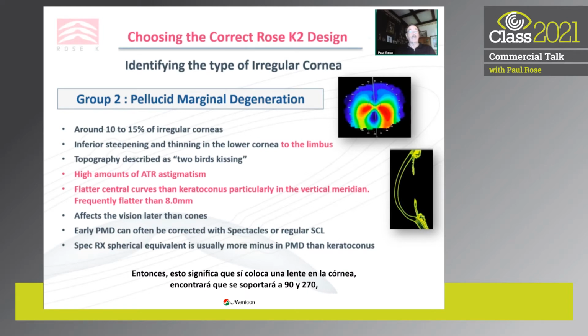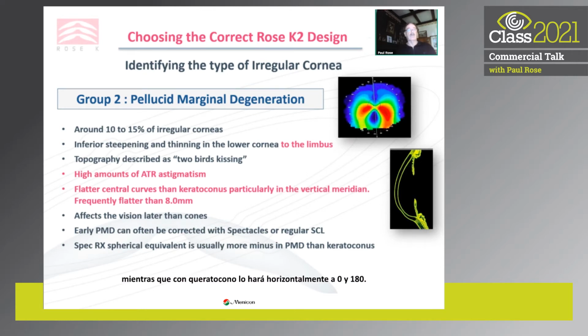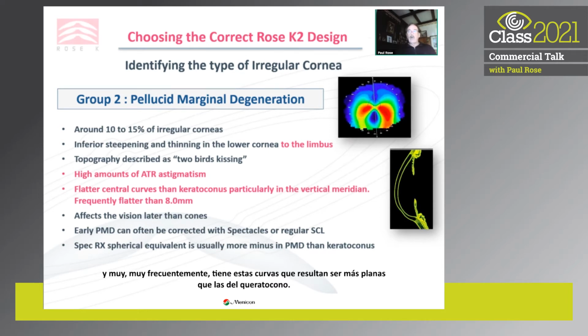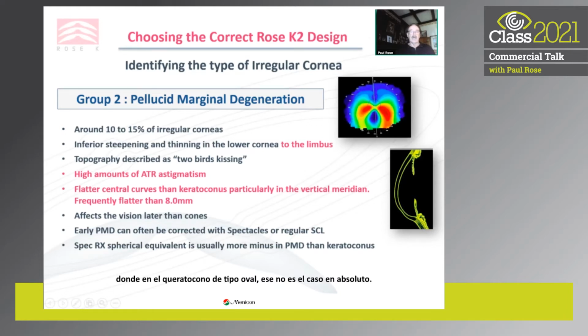So this means that if you place a lens on the cornea, you will find it will look tight, will bear at 90 and 270, whereas with keratoconus it bears horizontally at 0 and 180. And very, very frequently you have these curves that are in one meridian flattened at 8.0. Also, if you look at the diagram here, the actual steepening and thinning occurs right up to the limbal margin,